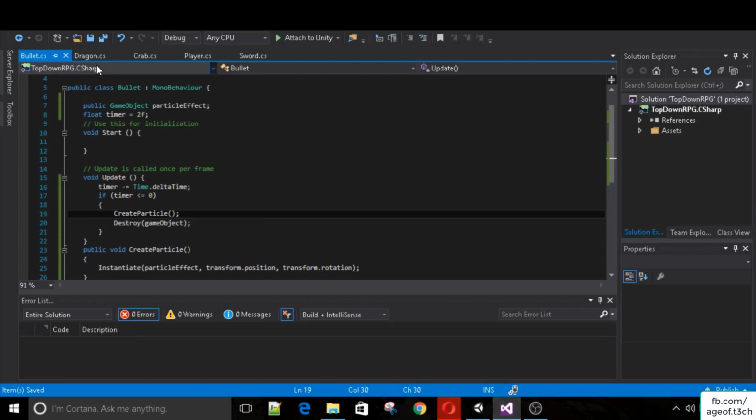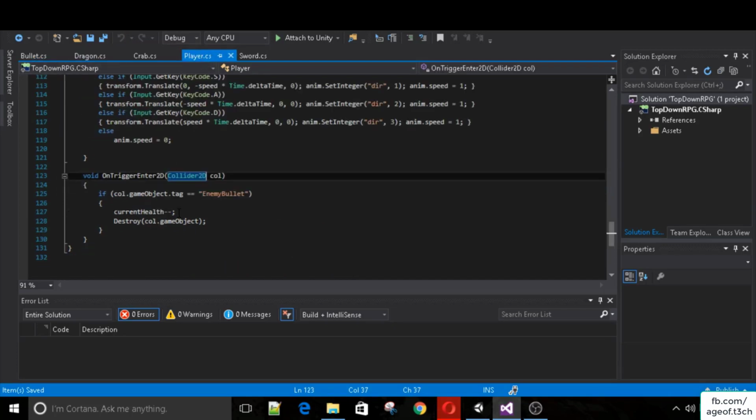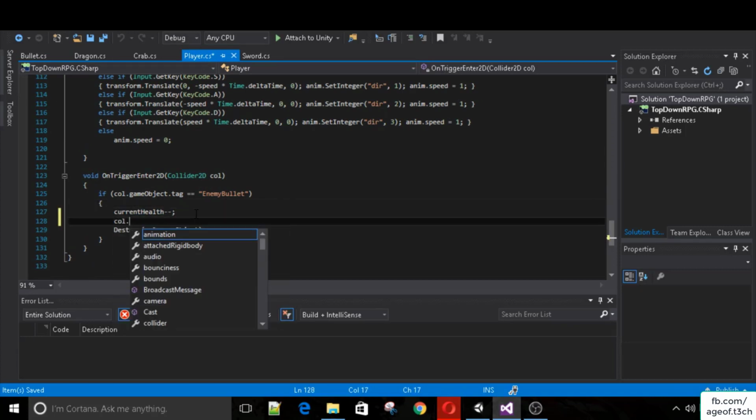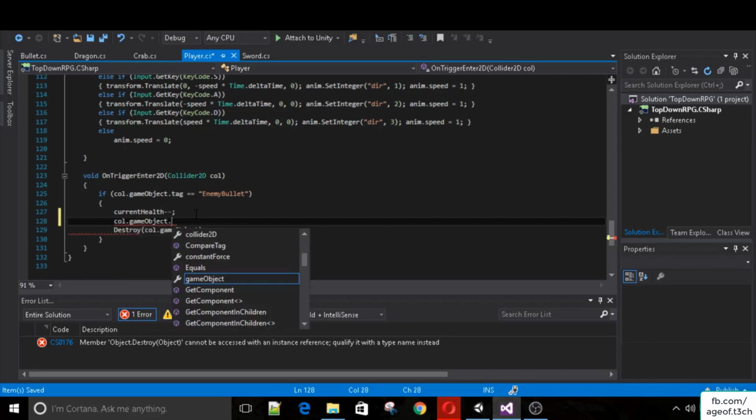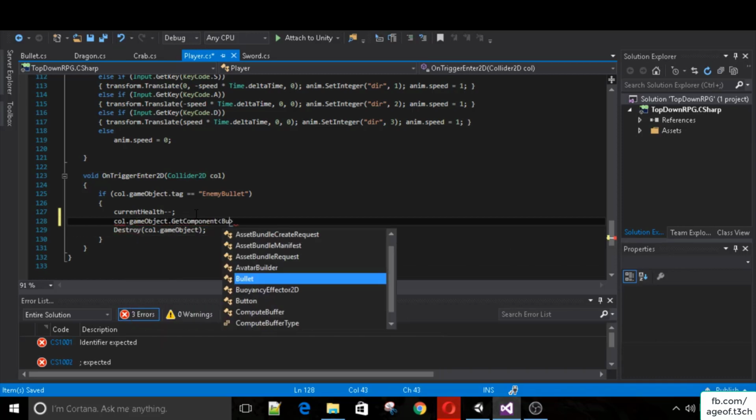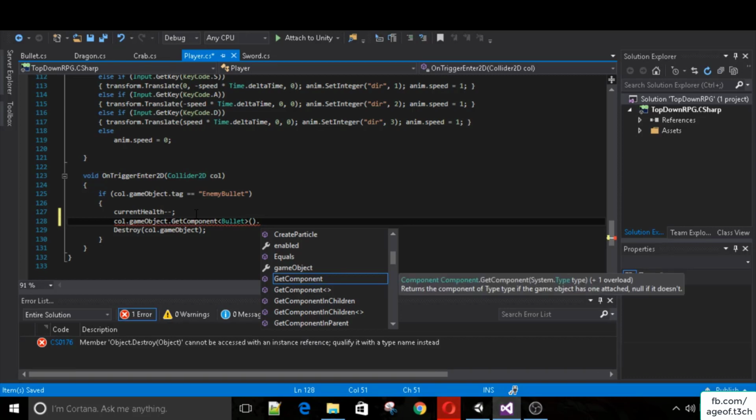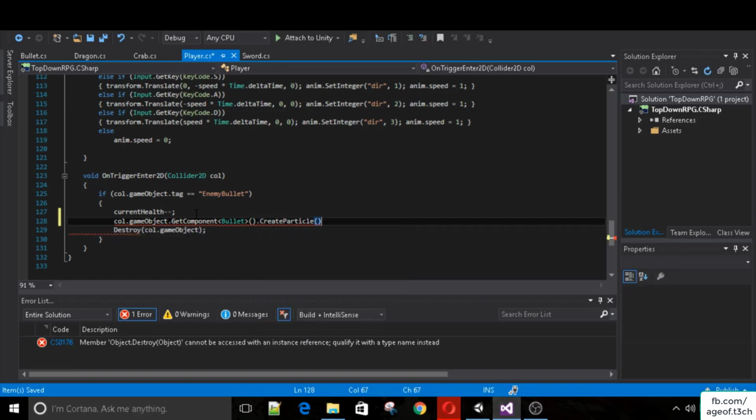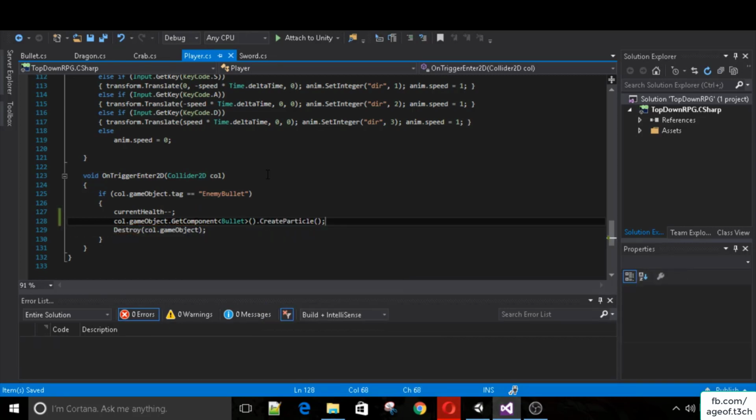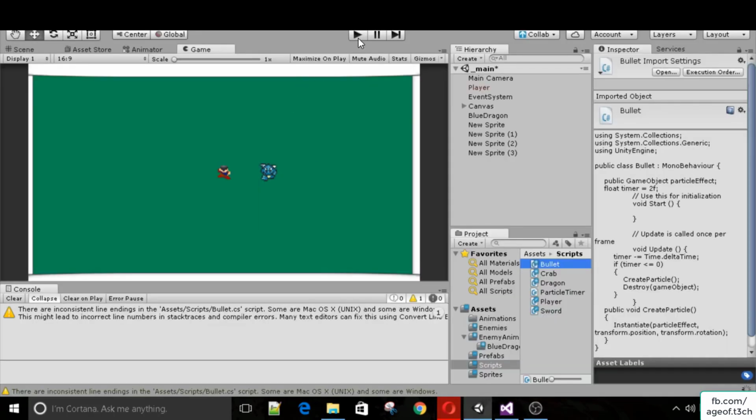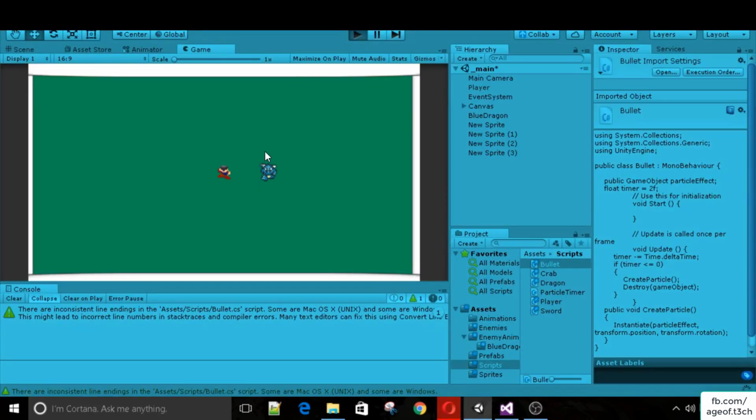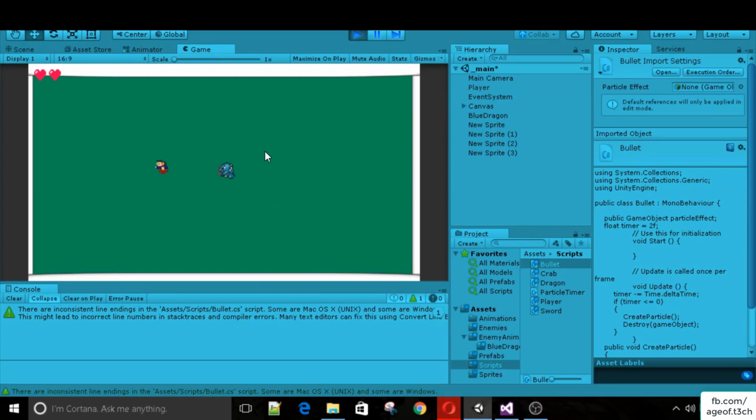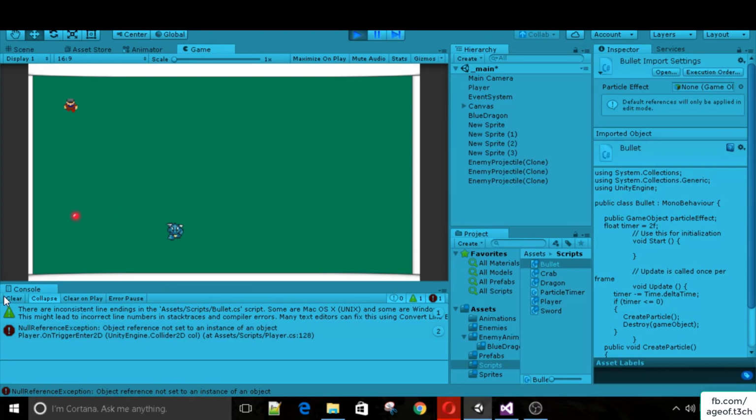Okay, now go back into our player, and here when we collide with the bullet, when we decrease our current health, before we destroy the game object, we want to call collision.gameObject.GetComponent, and this is called Bullet, the script, and we want to call the CreateParticle method. So let's save that, and if we head back into Unity, if we play, I will try to get hit, and we see it hits us, and it took 2 health